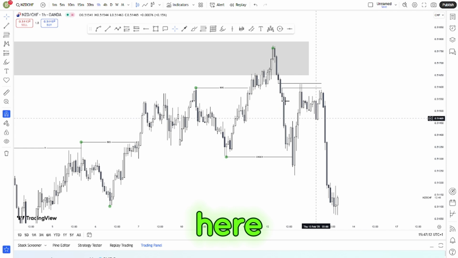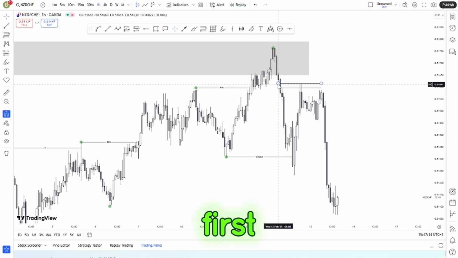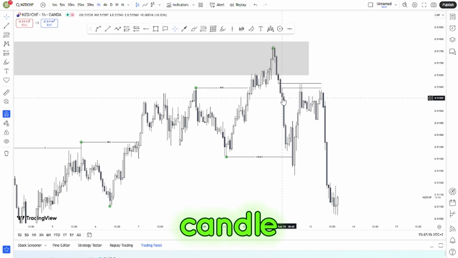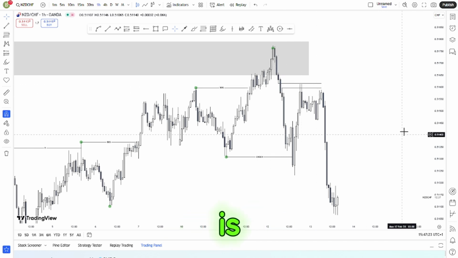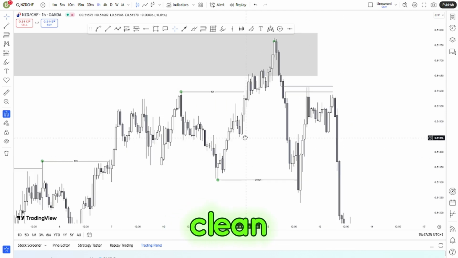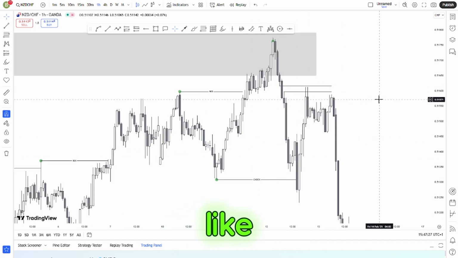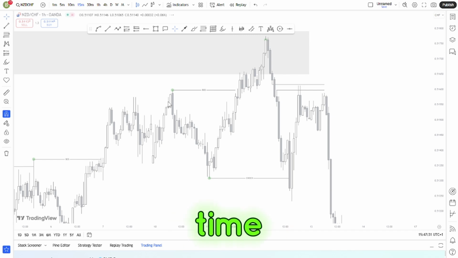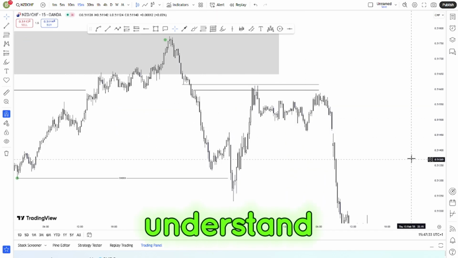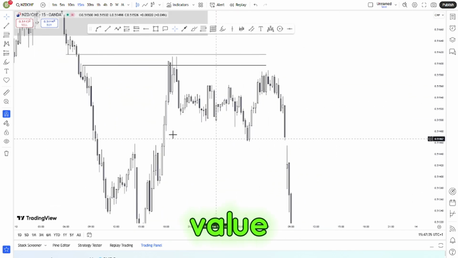So as you can see here, you just need 3 candles: the first candle, the second candle, and the third candle, guys. So you're looking at the first candle and the third candle. If they meet each other or mitigate each other, that is a clean price action or a clean order flow. But if they give you a gap like this, this is called a fair value gap. So on the 15-minute time frame, that is where you'll get to understand that we tapped that fair value gap,